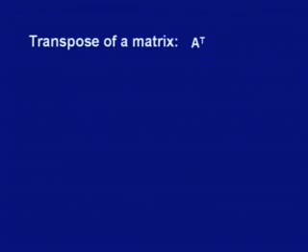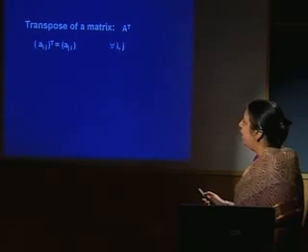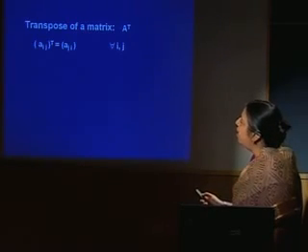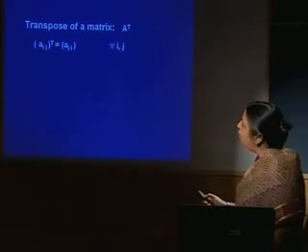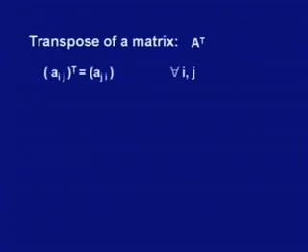After this we can introduce the transpose of a square matrix. The transpose of a square matrix is denoted by A raised to power T, and if Aij is the typical element of the square matrix A, then its transpose is Aji. That means the row element is written as the column element. So rows and columns are interchanged. So Aij becomes Aji for all values of i and j, and what we get is a transpose matrix.